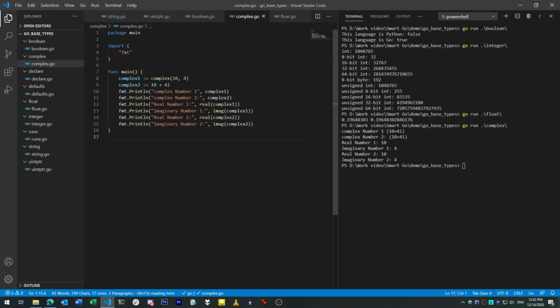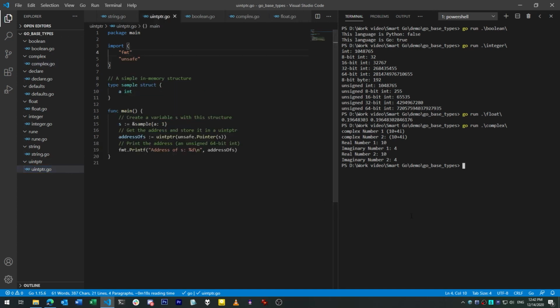Go also has a distinct type for holding memory addresses, uintptr. This is just an integer which is the size of the underlying platform's bit depth. So for a 64-bit platform, it's 64 bits. It is worth noting that a uintptr, as it can also be called, is not itself used as a pointer. You can't dereference it and get the contents of memory with it. It's just a number. That means you can perform math on it, which is something that you cannot do with an actual Go pointer. This distinction is something worth going into in another video, but it's useful to know that we have a special type for this sort of thing.